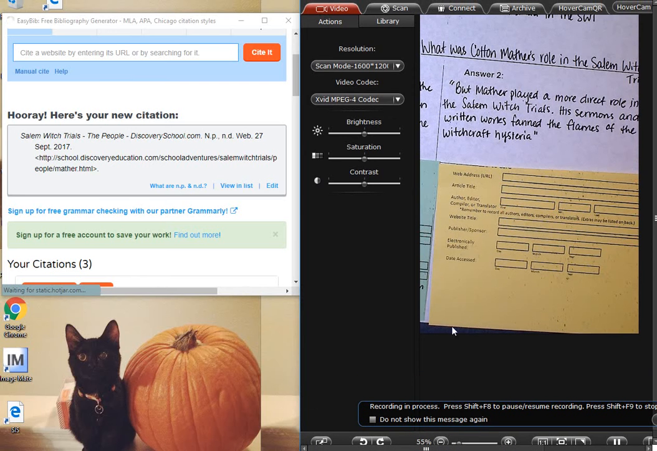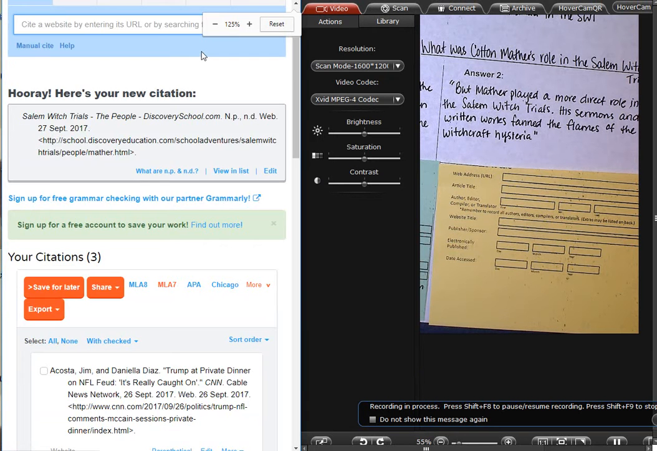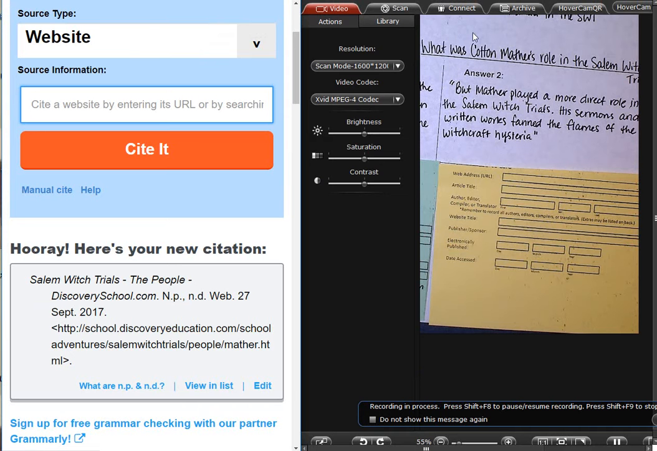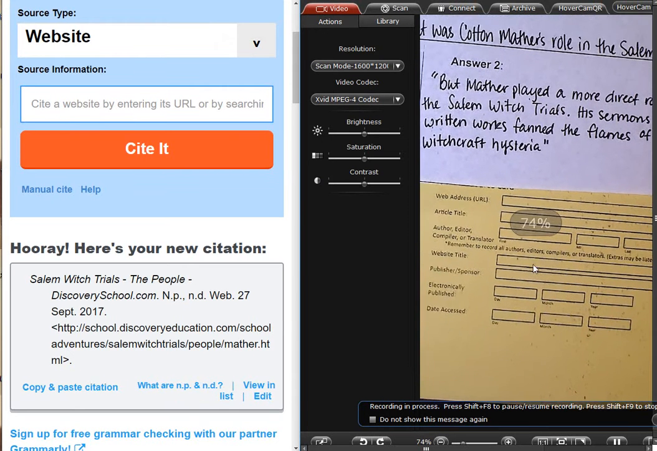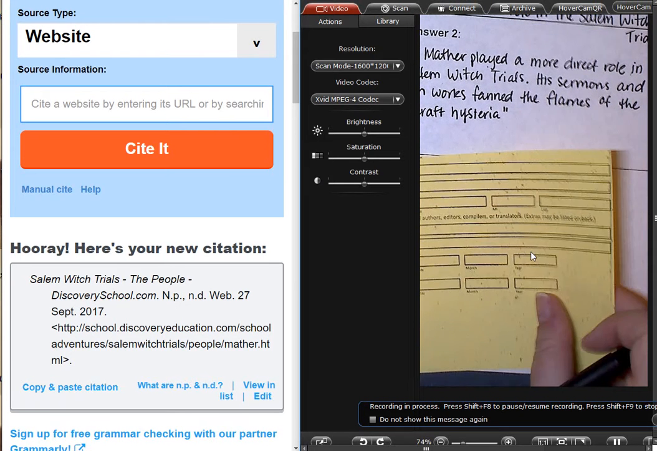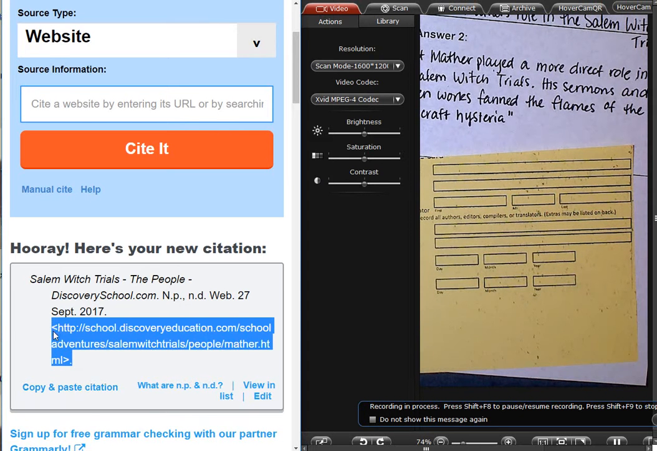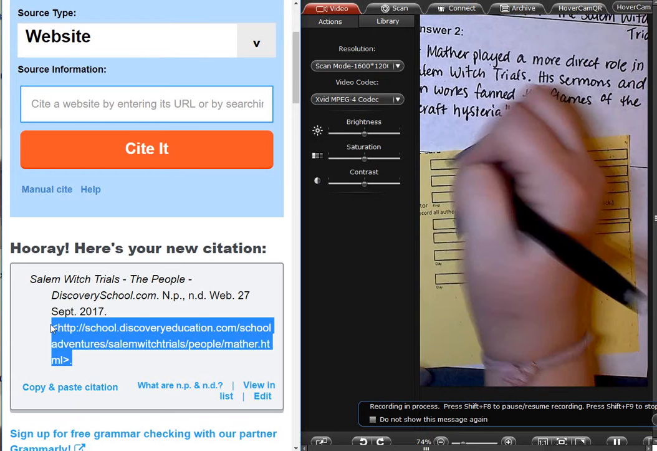Okay, so let me see if I can make this bigger too. Okay, so my first thing is my website URL. According to my cheat sheet over here, where is my URL located in the citation? It's the very last thing. So this is really long, so bear with me here. For my web address URL, my first top line here, I'm going to type in that URL. It's this right here. We're going to do